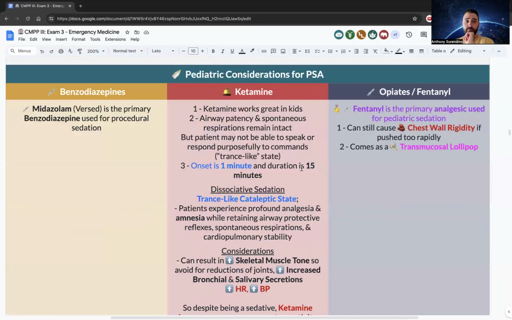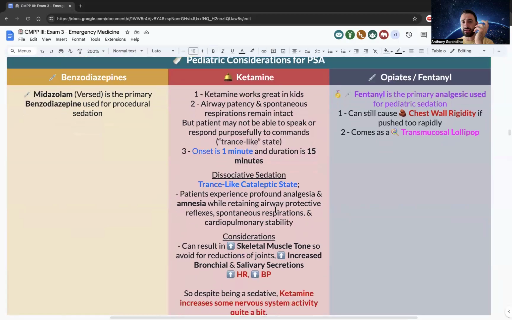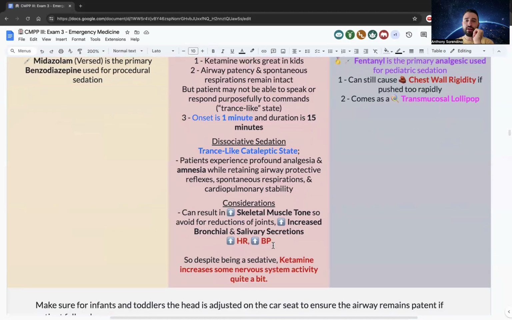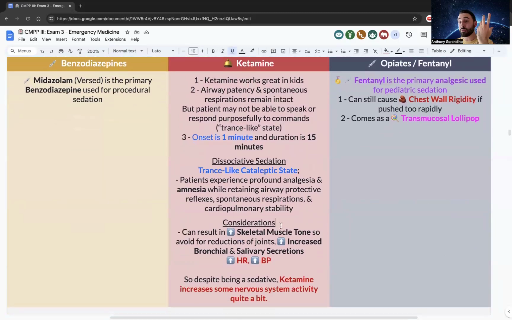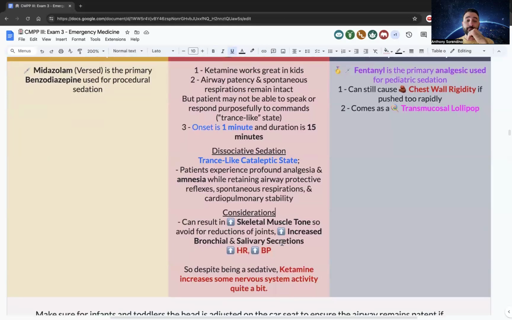For peds, ketamine is going to be the big one to know here. They get this trance-like cataleptic state with some amnesia. Some considerations here are you get an increased skeletal muscle tone. So be careful if you're using this for a reduction of joints or something. I guess you would use this more for lac repairs or foreign bodies. And it does some weird things. So it's going to increase your bronchial and salivary secretions. So bronchorrhea,